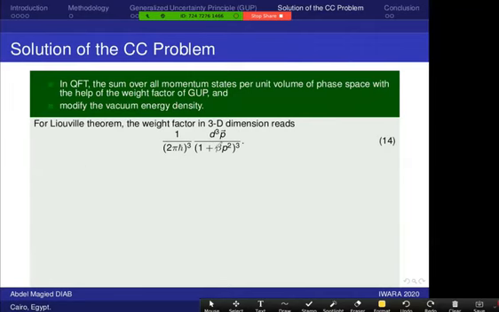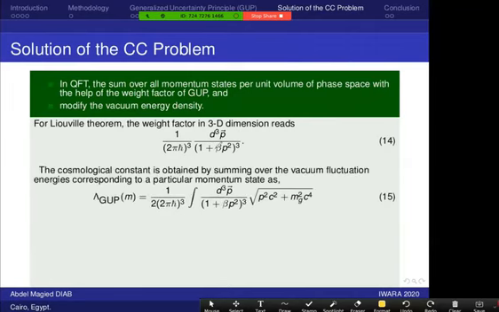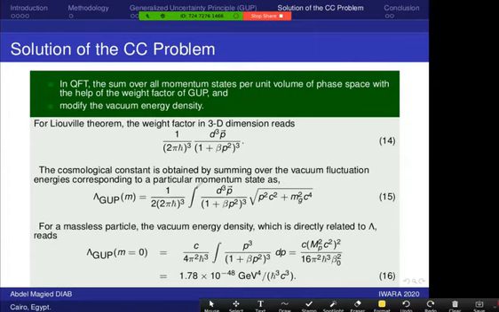From the theoretical definition of the cosmological constant, we have the summation over all momentum fluctuation energy corresponding to the momentum states, and this integral is an infinite integral. But usually we can cut off at the Planck scale, from 0 to the Planck length. We will find this value of the cosmological constant, or the vacuum energy density, in the limit of a massless graviton,